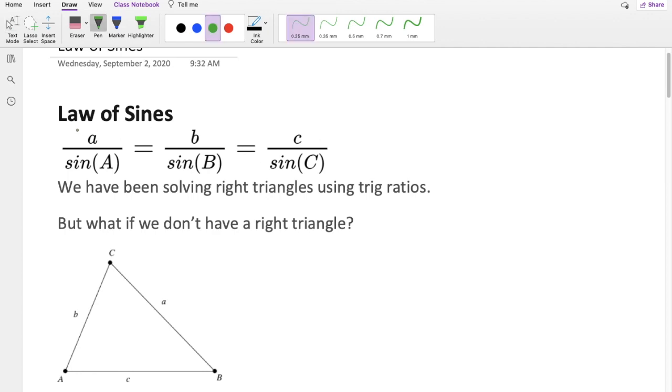So the ratio is the side A over the sine of angle A equals the side B over the sine of angle B, which also equals the side C over the sine of angle C. So again, these are always going to be ratios where we are talking about the opposite side and angle. And one of the nice things about these ratios is that we can set up proportions and actually solve for